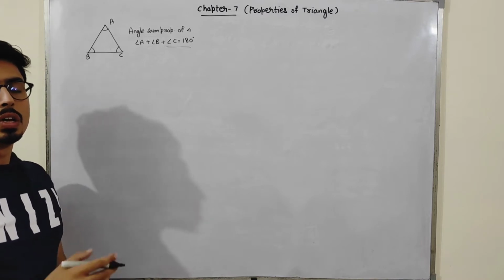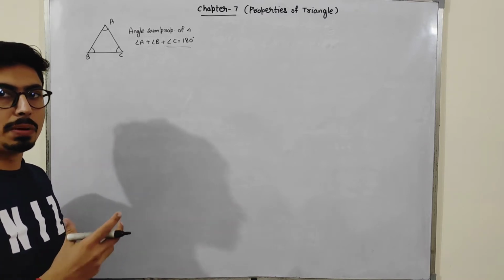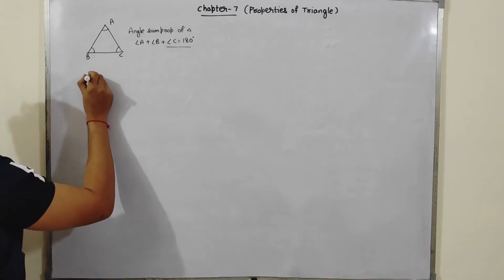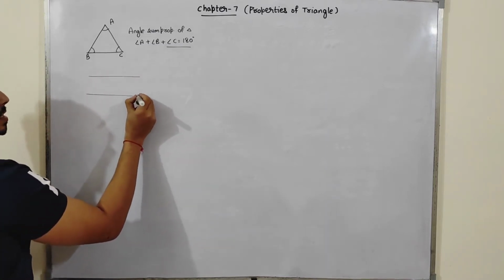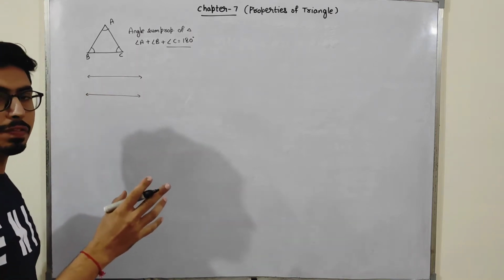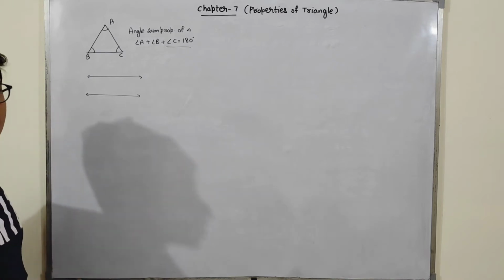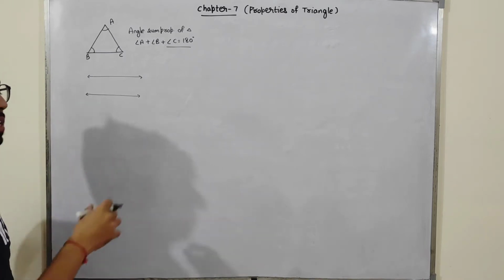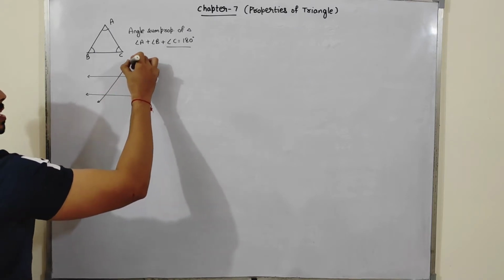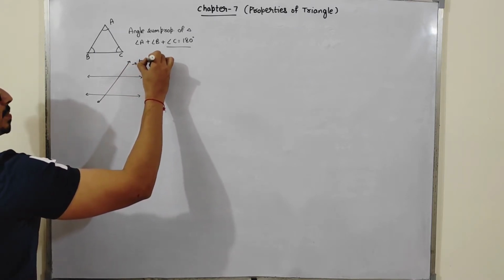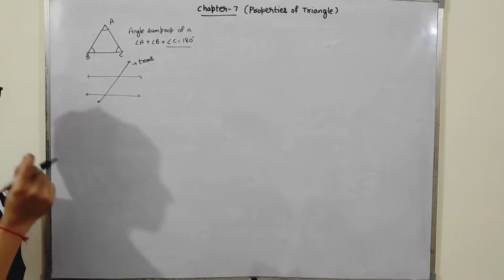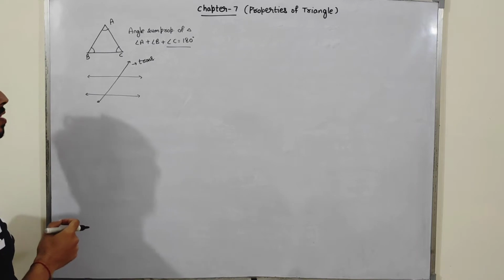Okay, students. Now we will discuss some of the pairs of the angles. See, these are two parallel lines. Parallel lines are those lines that, if we expand them in any direction, will never meet. Now take a line that is a transversal. A line that cuts two parallel lines at two particular points is called a transversal.